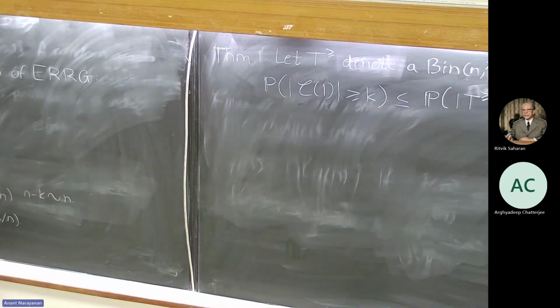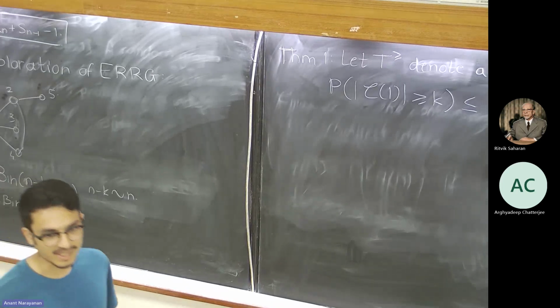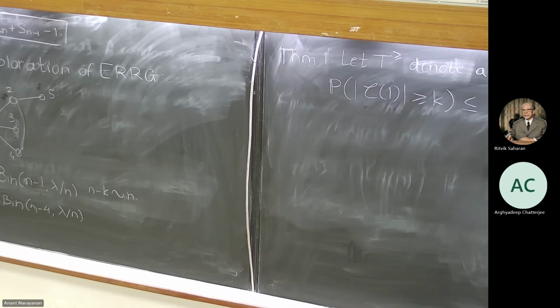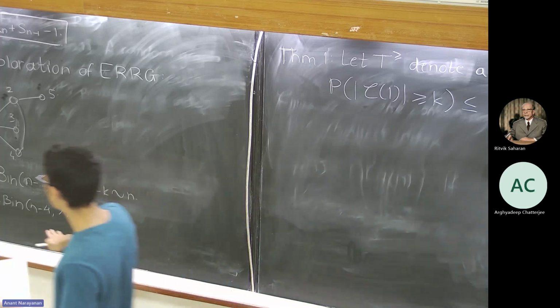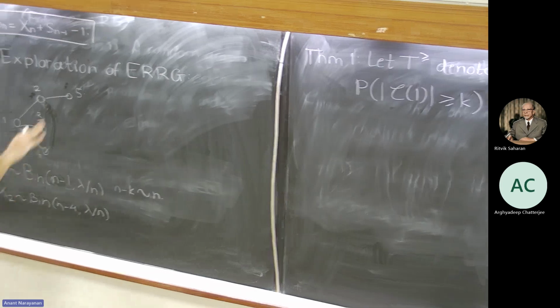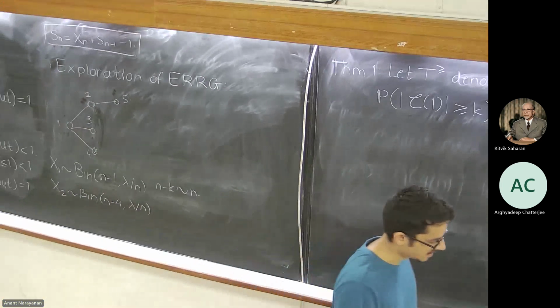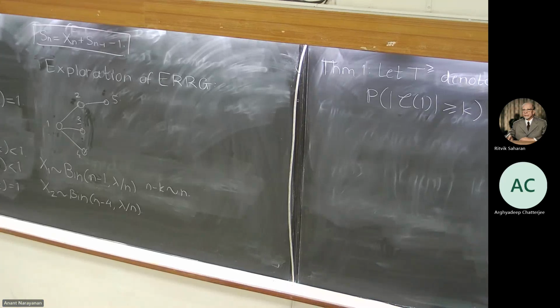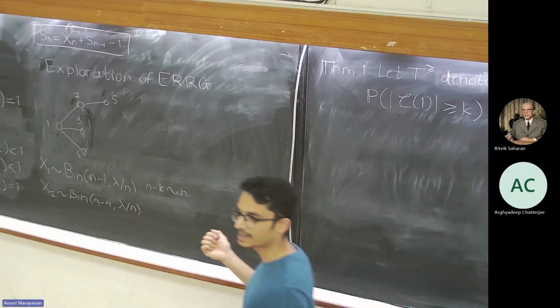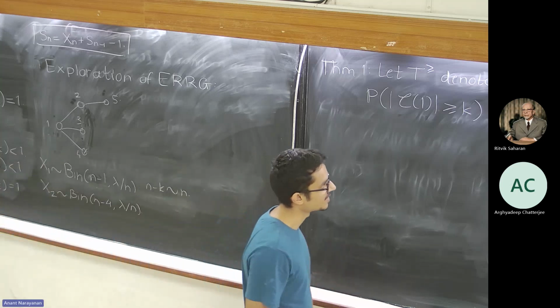So if you see, already the available number of children to the branching process is more. And as you keep exploring this, keep growing this process, the number of children available to each vertex in the random graph keeps decreasing. But for the branching process, it still remains IID binomial n. So there could be n many children at each instance. For the random graph, they keep decreasing.